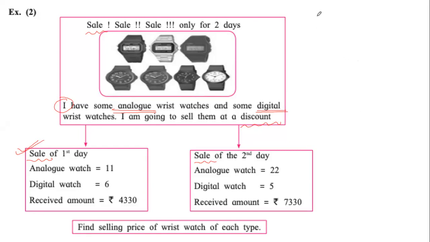Okay. Now I have drawn some waves under certain words. If you see, I have drawn waves under discount and sale. Can you connect these words and tell me what is happening? Is it a normal selling process or is something special happening? If anyone else knows the answer, you can type it in the chat box or you can raise your hand if you want to speak. What is special about this selling? And I want you to explain this without using the word sale and discount. How else can you explain?